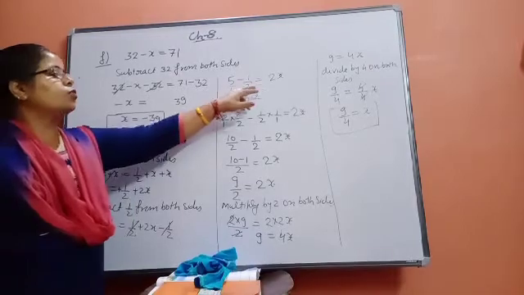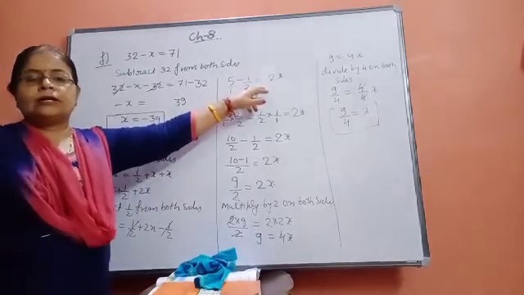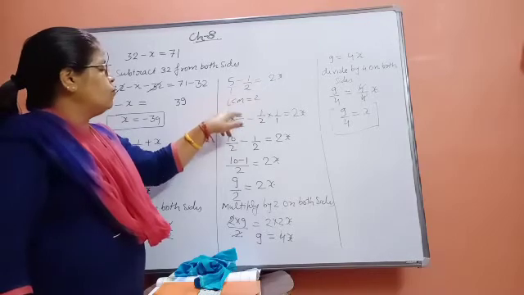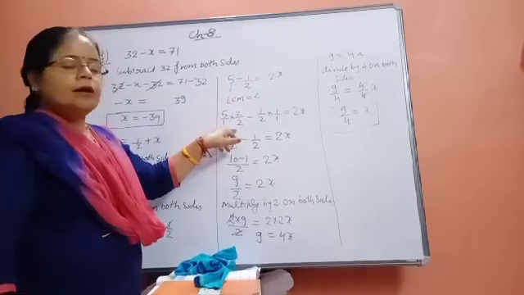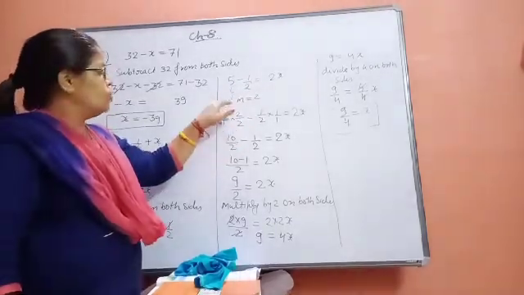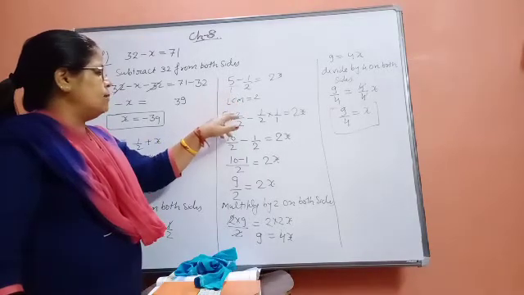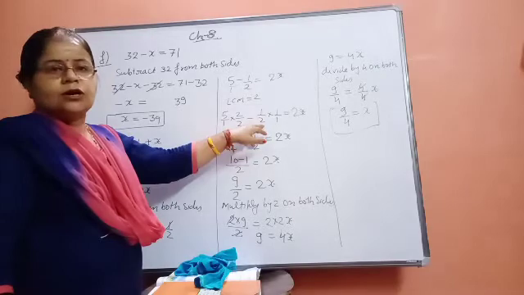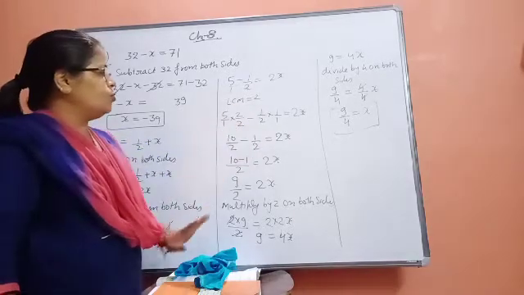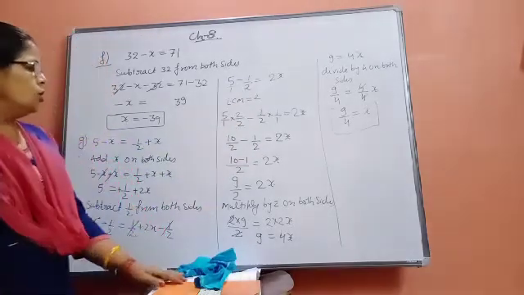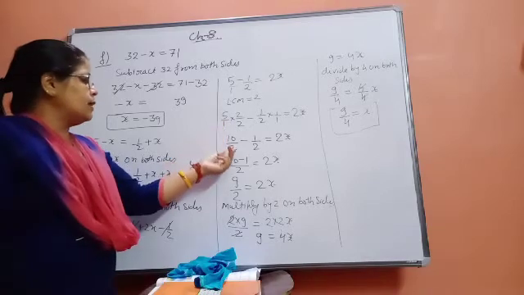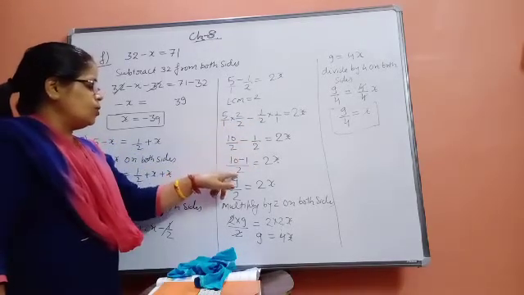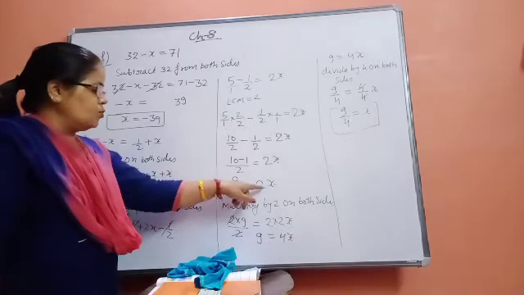You know how to take the LCM. So LCM will be 2, and your aim will be to make the denominator equal to 2. So the first one you will multiply by 2 upon 2, and in the second part of the fraction it is already 1 upon 2. So no need to do any operation there. So it will become, beta, 5 2s are 10 upon 2 minus 1 1 is 1 upon 2. So 10 minus 1 upon 2, that is 9 upon 2 is equal to 2x.